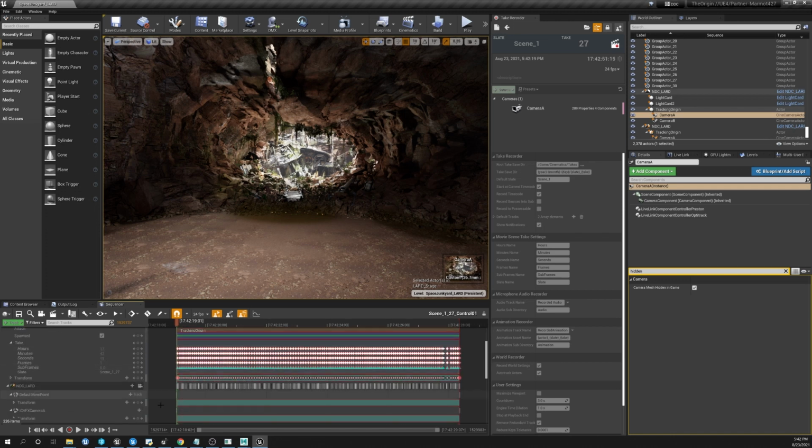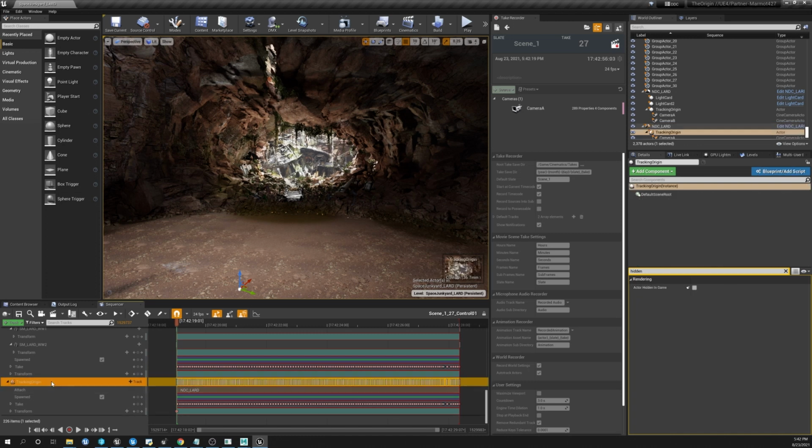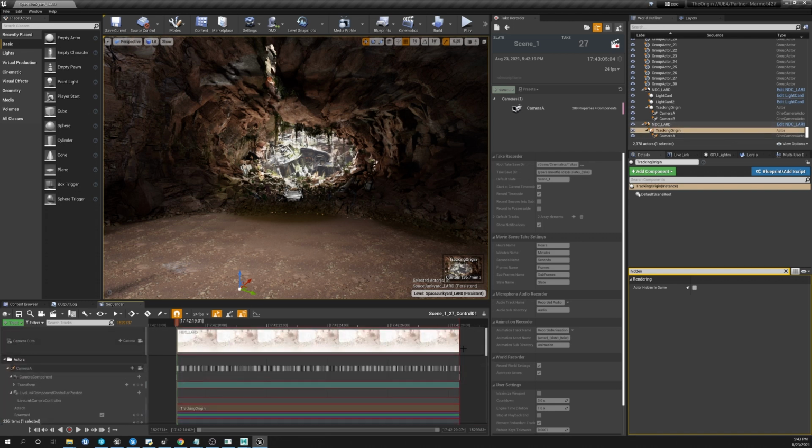By default, you'll also notice that it recorded the end display actor as well as the tracking origin. This is because it records each actor in its parent space, as well as attachments to each of those parent actors to ensure that you can restore the scene to that exact point at a later time.